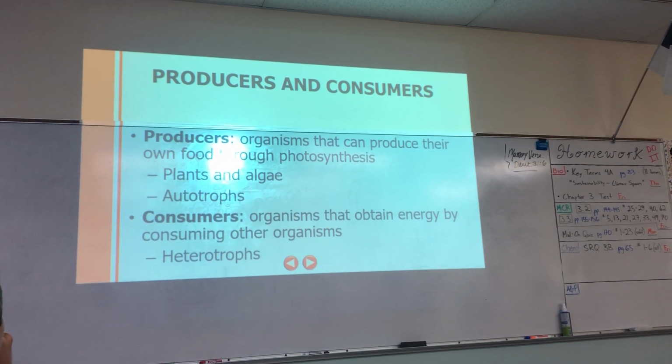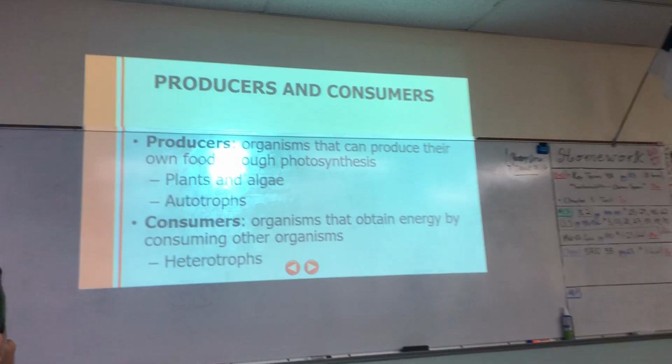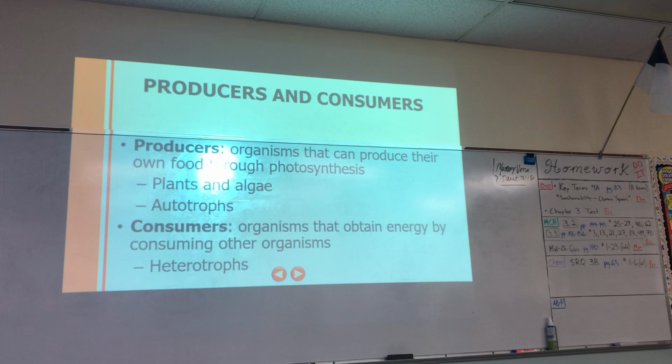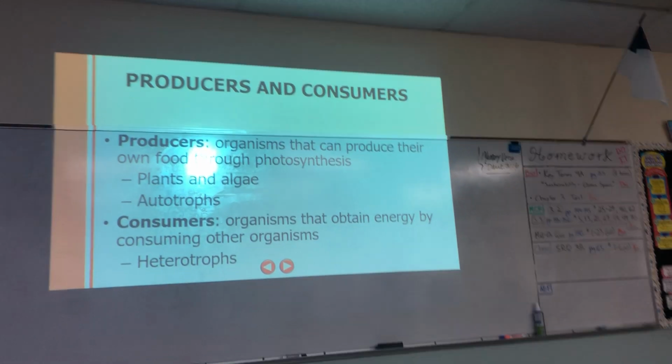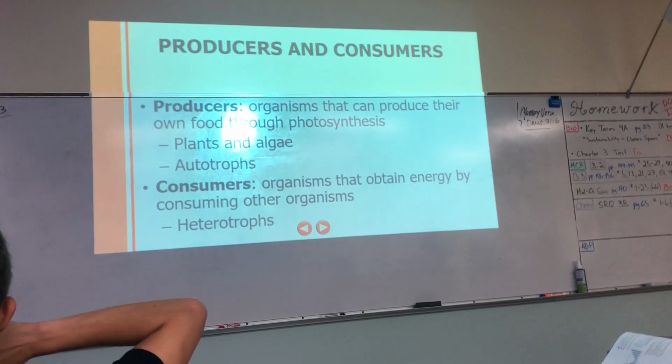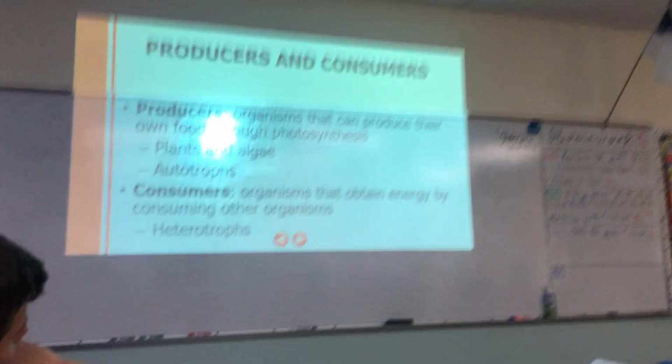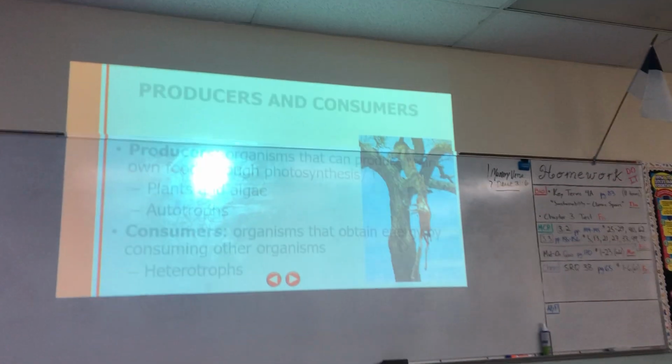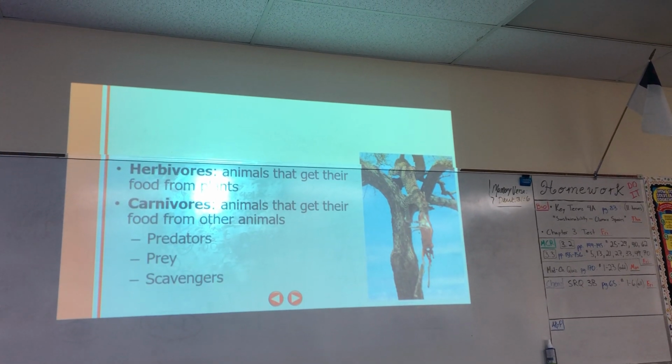Know the difference between a producer and a consumer. Okay, producers are going to be taking their energy. What are the 2 types of producers? They're autotrophs. What are the 2 types of autotrophs? Lucia? Chemoautotroph and photoautotroph. Exactly. Not just phototroph, photoautotroph. Okay? And not just chemotroph, chemoautotroph.